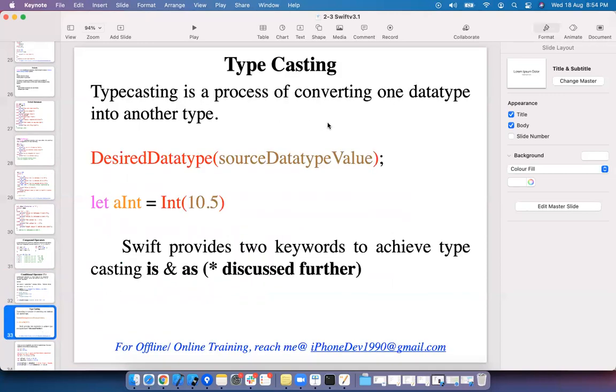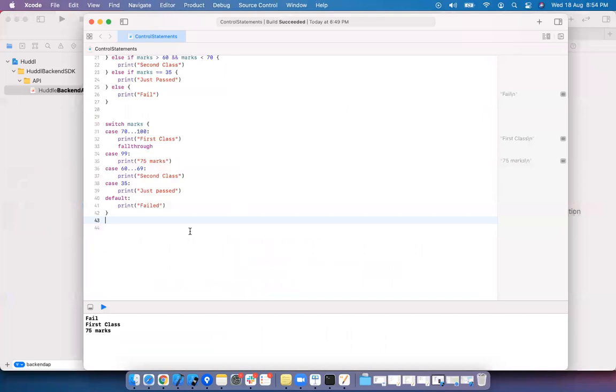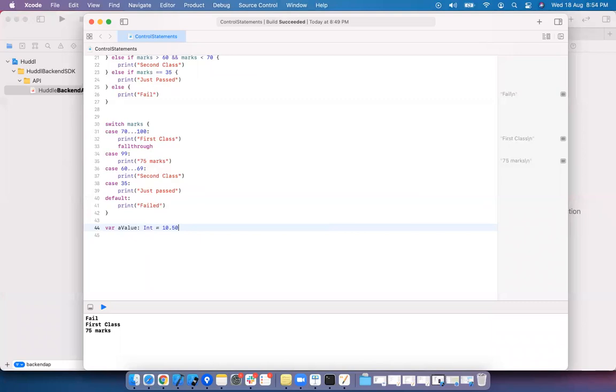Typecasting. Typecasting is basically converting one data type value to another data type. By default, Swift does not support implicit typecasting. Objective-C supports it, but Swift does not. Let's say I am having a value of type int equal to 10.50. I am specifying a is a variable of type integer, but I am giving a double value.